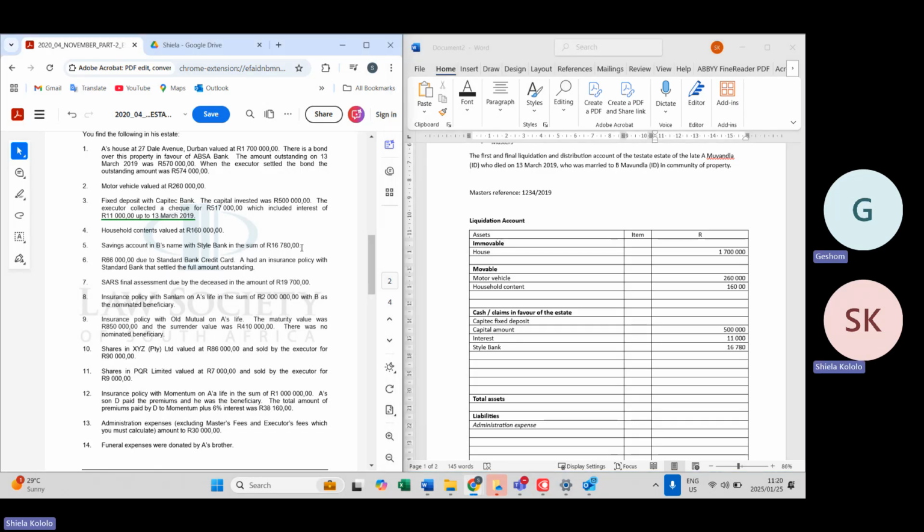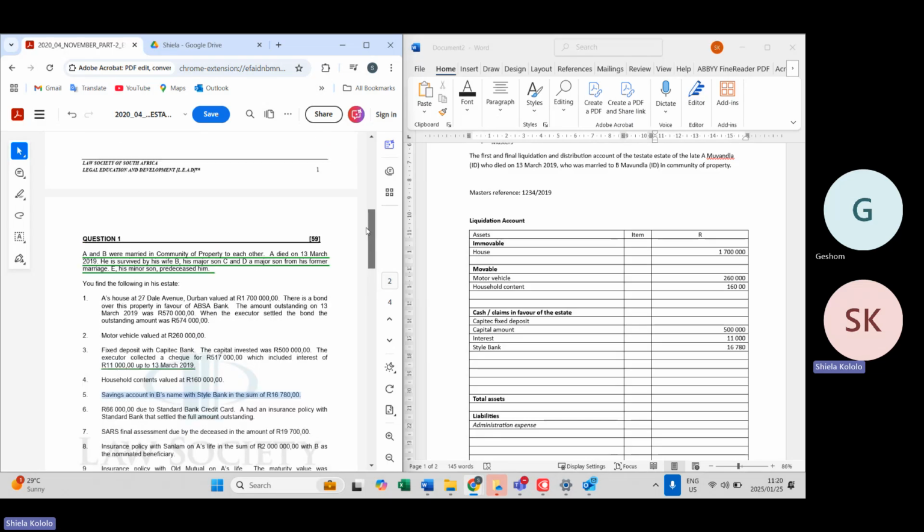So if they were not married in community of property, and the facts say they were not married in community of property, and then they say something like this. Let's say here, you see our heading. Let's say they said A died and he was survived by his wife. Okay, let's say A and B were not married in